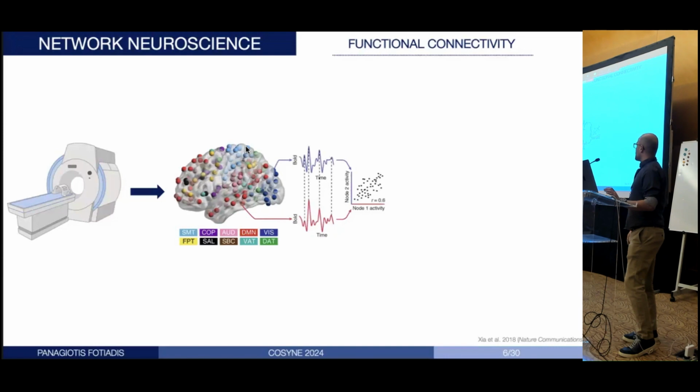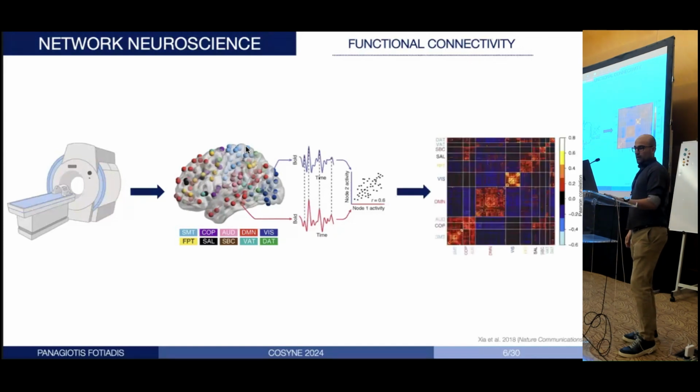And then if, for example, we want to decide how strongly functionally connected two brain regions are, we can correlate the functional time series, and if they're strongly correlated, then we can say that those brain regions fire in tandem. And once again, we can come up with a so-called functional connectivity matrix, where every row and every column is a brain region, and every entry essentially represents, in this case, for instance, a correlation coefficient that tells you how much in tandem those two brain regions fire.